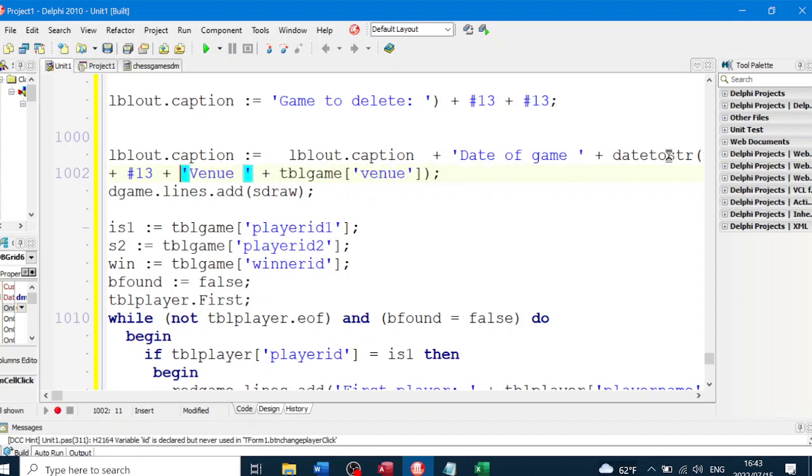Hash 13 means it's going to go into a new line, and then join that to a hash 13, and then join that to